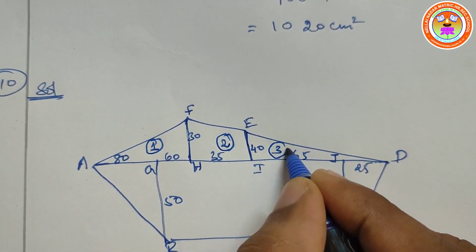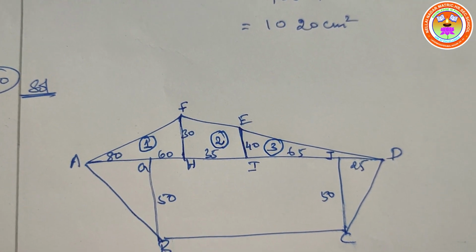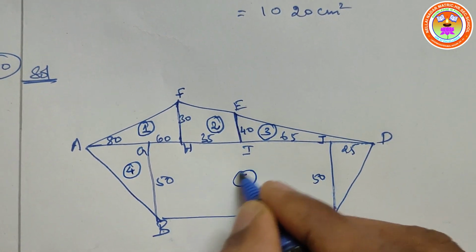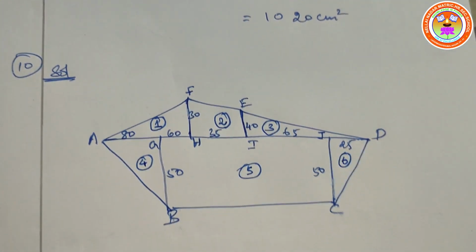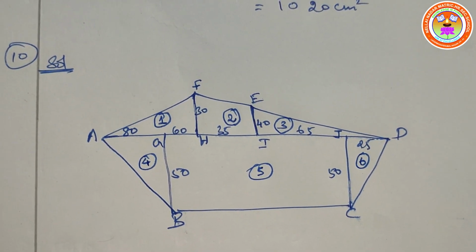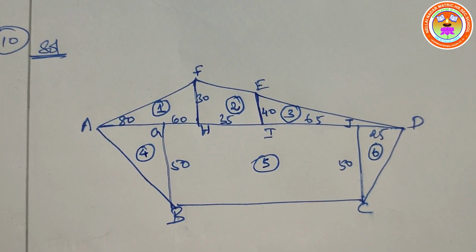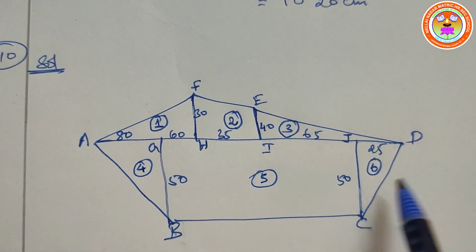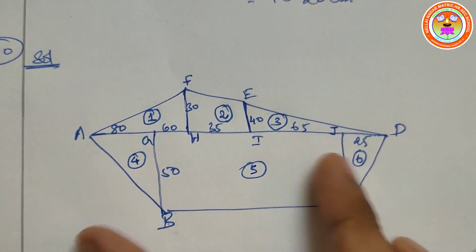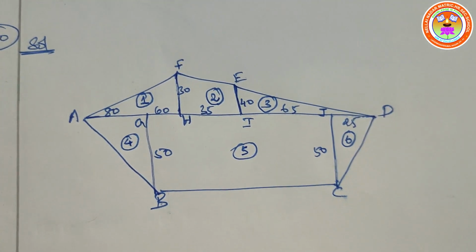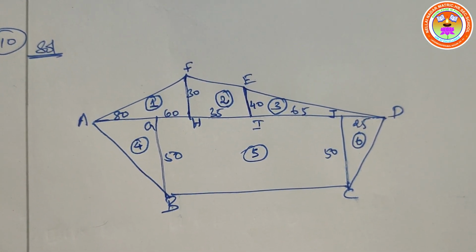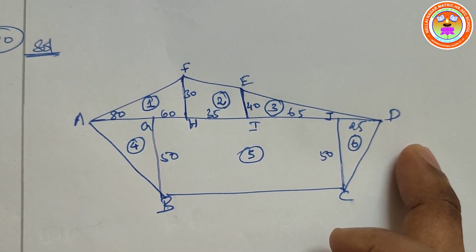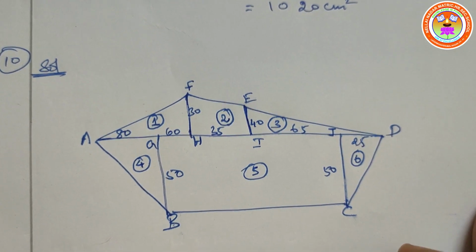Third is nothing but, I will put a circle mark. Second diagram. This is third diagram. Third diagram is triangle. Very good. Look at this here also. Fourth is triangle. Fifth is a rectangle. The last one is triangle. There are 6 different shapes involved in this polygon field. 1 2 3 4 5 6 different shapes combined together form this kind of diagram. One by one we will find, and finally we will add all the shapes, and we will get the area of the full diagram. Are you able to understand?